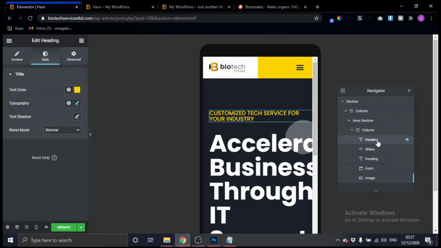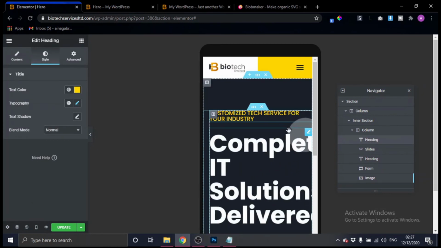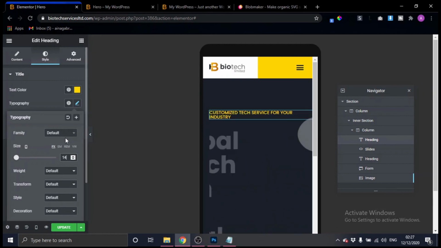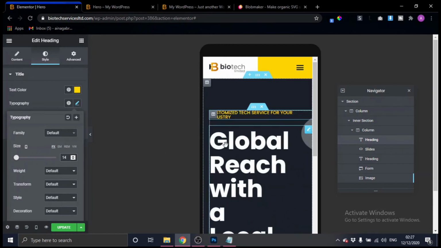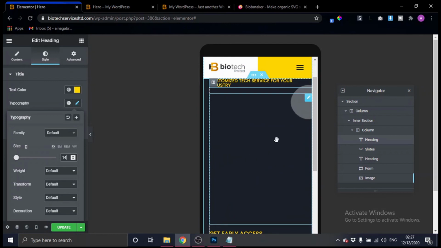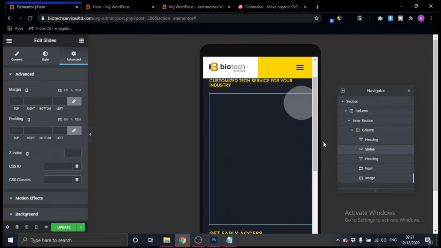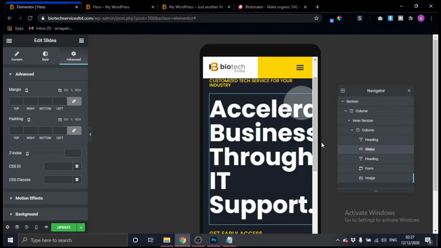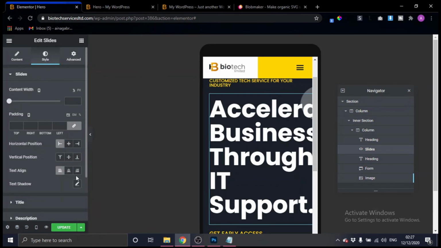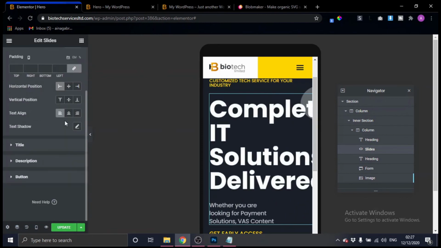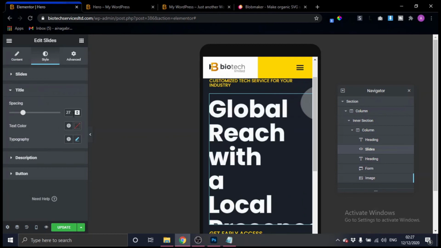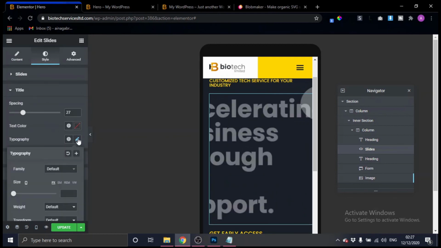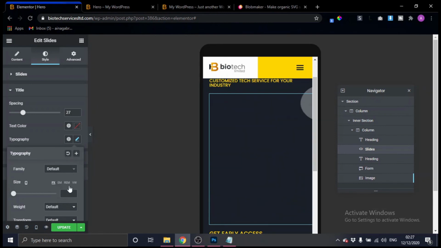Okay, let's edit the first heading right here. You want to reduce the size to 14 pixels at least. Yeah, 14 looks cool. And then let's reduce the size of this slide. The title, let's say 39 pixels.